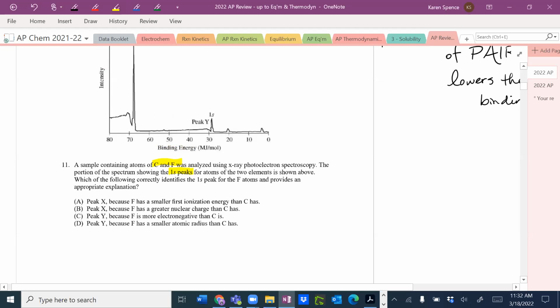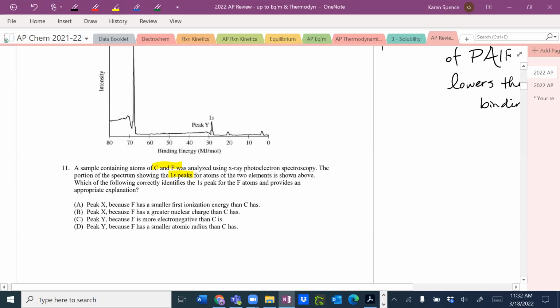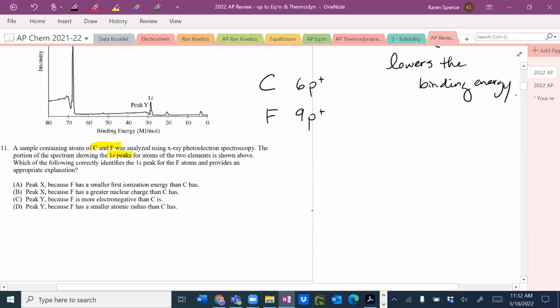Okay, so carbon and fluorine are both in the same period, but carbon has 6 protons and fluorine has 9 protons. So what we've got is our carbon atom,